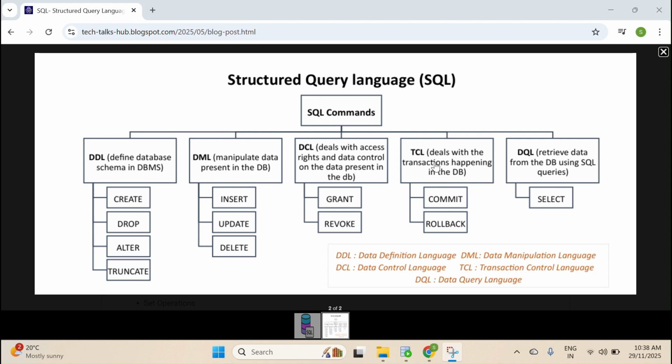Next, TCL, transactional control language. In Oracle, DML commands are not auto commit, so we have to commit to save permanently. That means permanent changes. Next, DQL, data querying language, or DRL, data retrieving language. Select is the keyword for using DQL or DRL. Okay. Next,